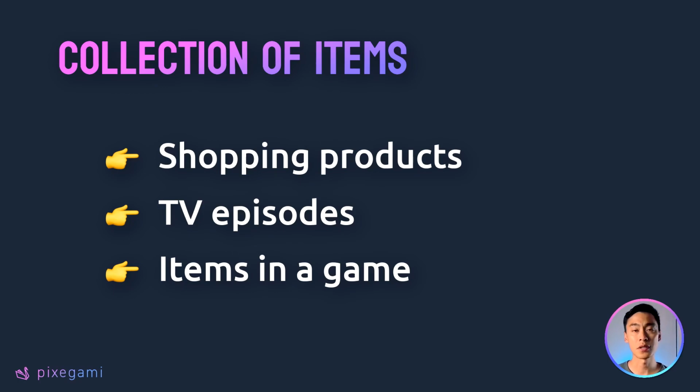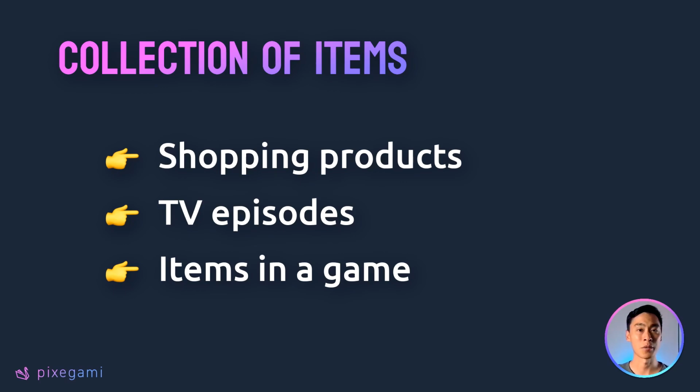For example, this could be a collection of shopping products stocked by an e-commerce store. Or it could be sequential episodes of a TV show on a streaming service. Or it could be items inside a video game. Towards the end of the tutorial series, we're going to be building an app as well. In our final project, we're going to build an expense tracking app, and we'll need a way to represent a sequence of expense items. To deal with situations like this, we'll need a way to handle collections of data. In Python, the data structure we can use to do this is called a list.